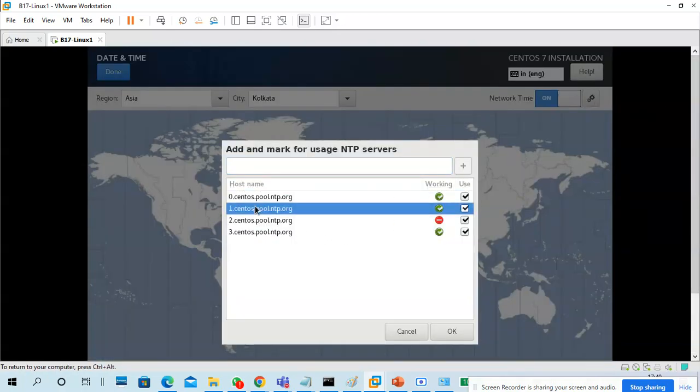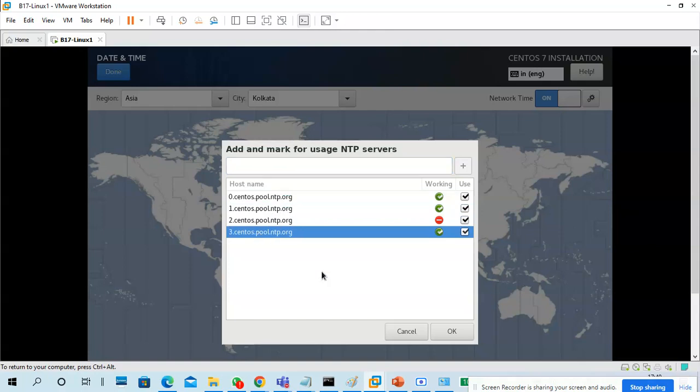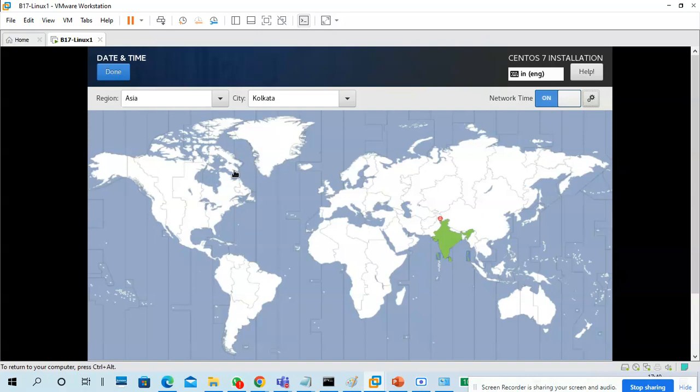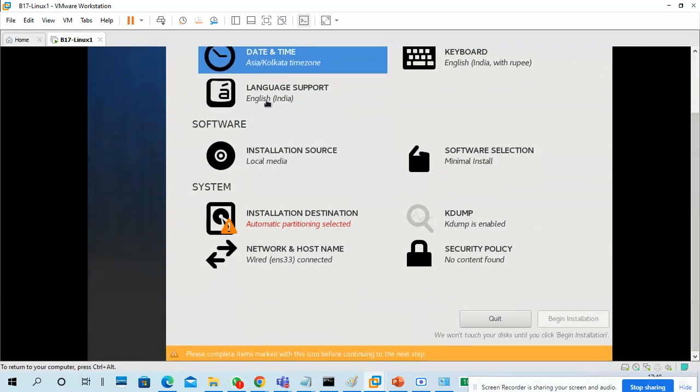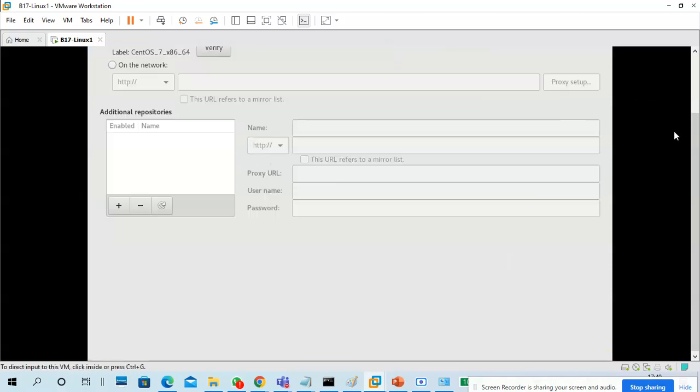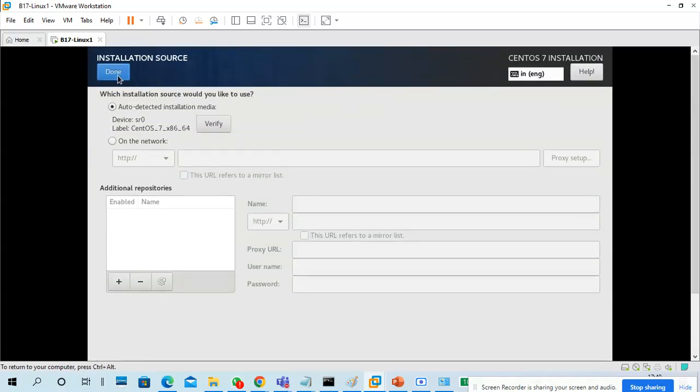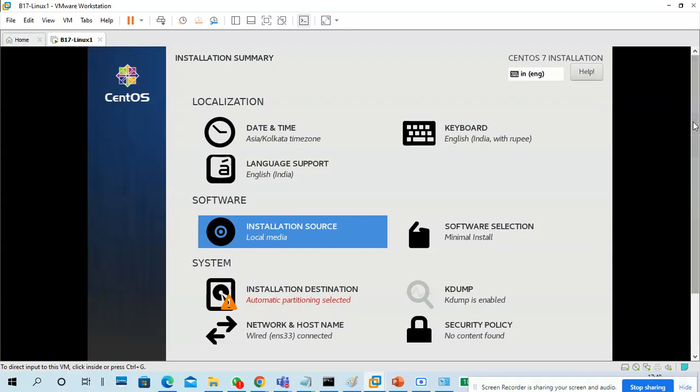See, these are the NTP servers. It updates your time based on your time zone. My time zone is Asia Kolkata. Good. Language support, keyboard is good. English, India. No need to do anything. Installation source. Just click on done. Nothing to do. Don't do anything.